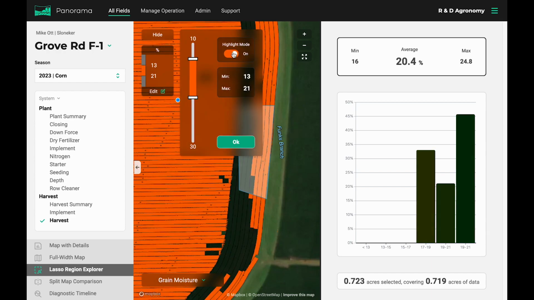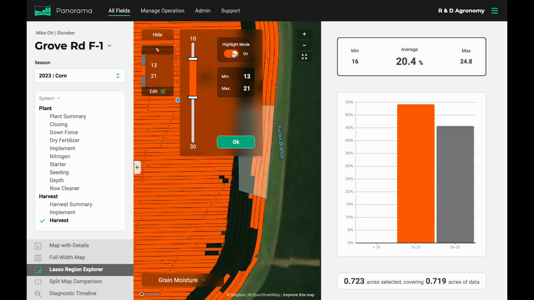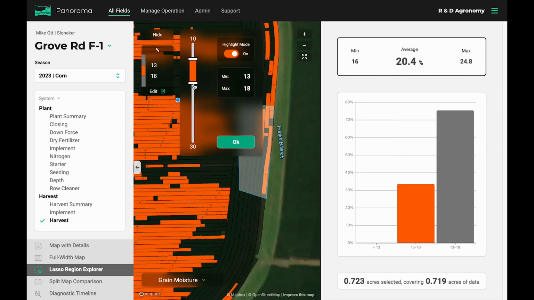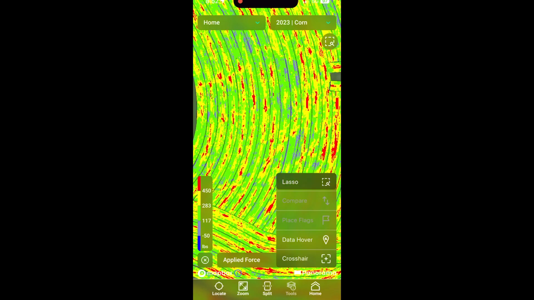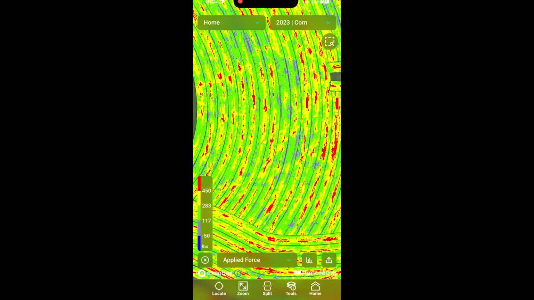Selecting the legend allows you to adjust the range of values you wish to see within that region. Toggling on the highlight mode will allow you to adjust the sliders and highlight any area that falls within that range. Once in the app, select Tools at the bottom of the screen, select Lasso, and then the area that